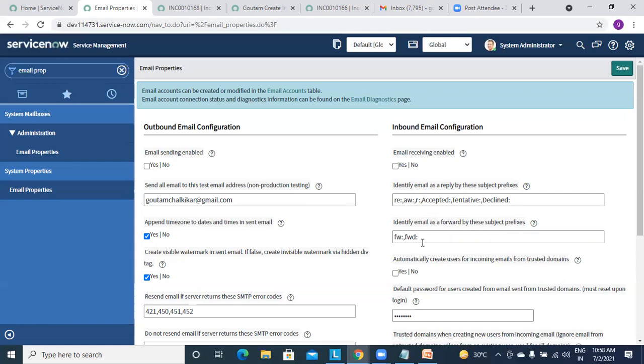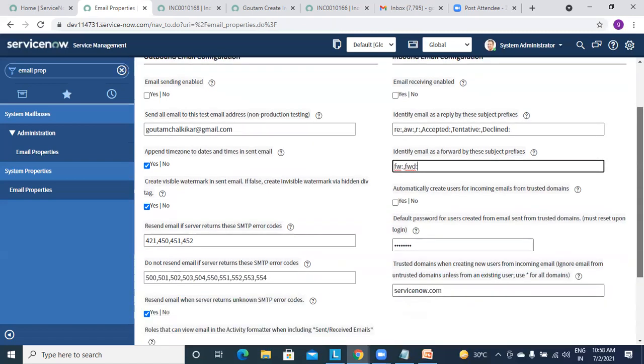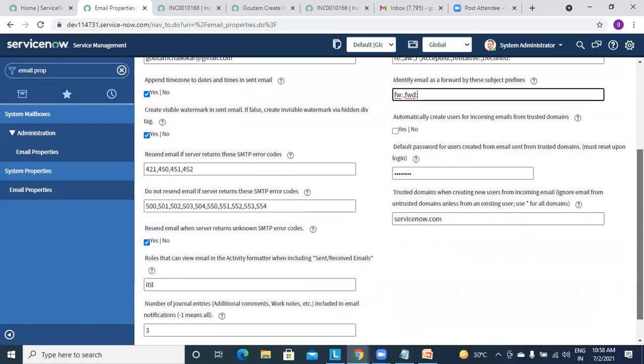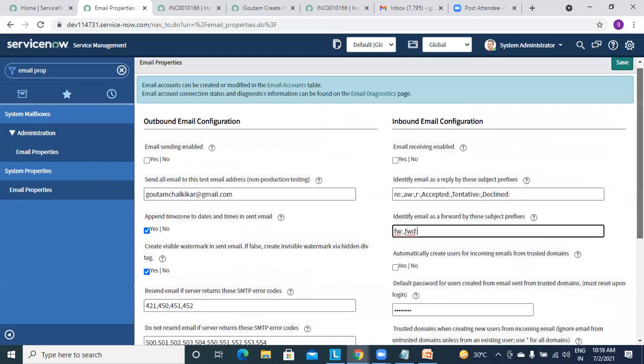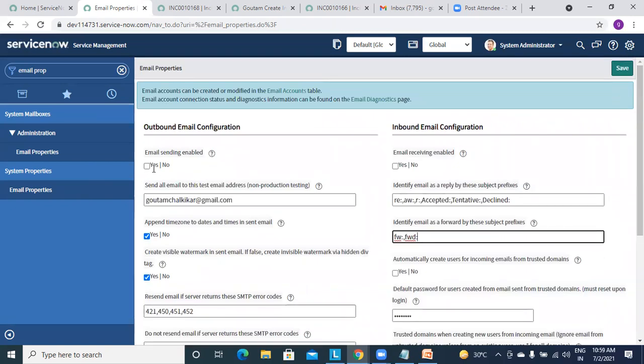Okay, clear, we have already discussed this, right? On this and on this also. This is about reply. If it has all this, it will accept it as a reply. If it has these keywords, then it will accept it as a forward. And the remaining things, nothing to modify. These are all out of the box. Even if we try to modify, we will not understand, like we don't understand what the SMTP servers are. So don't change anything. Just change till now, we only need to modify this one and make those true.